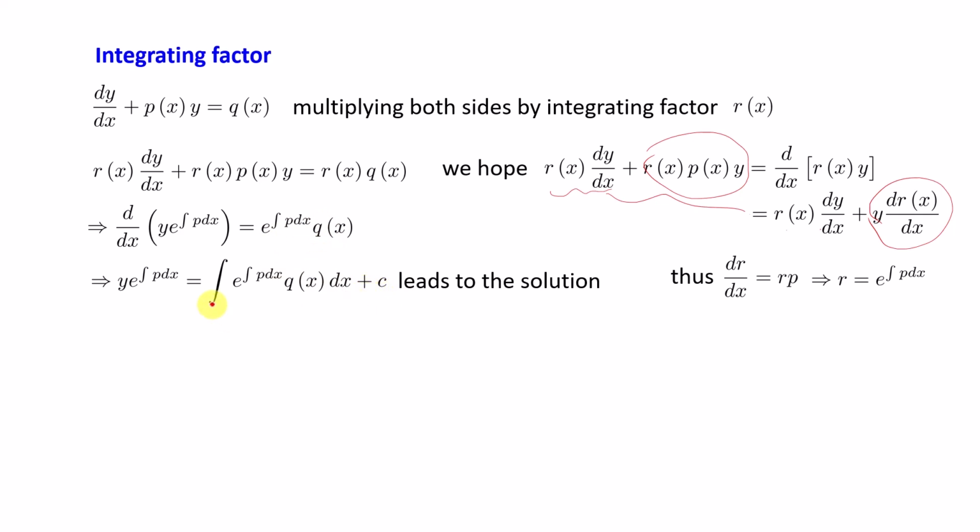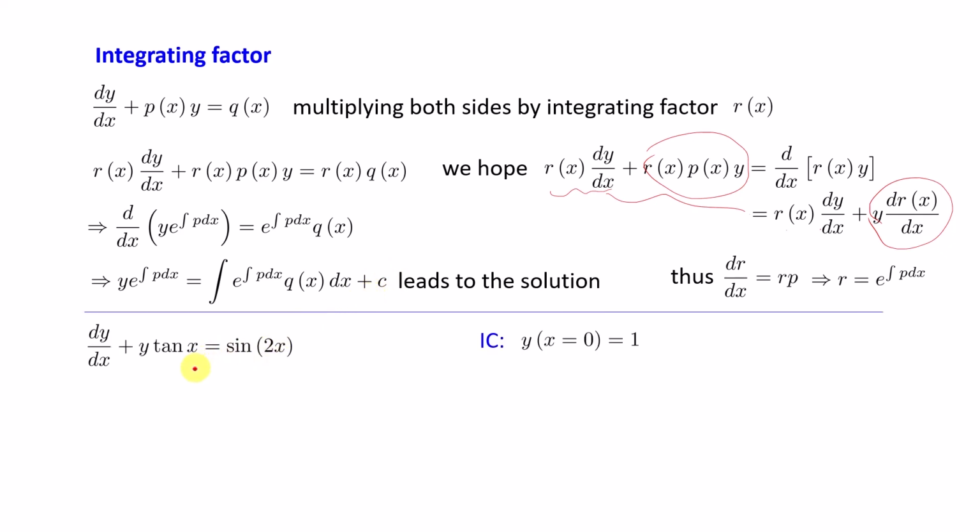Now I can evaluate this integral on the right side and apply the initial condition to get the c that will complete the solution. So let us take this equation, dy/dx plus y tan x is equal to sin 2x. Here the initial condition is x equals 0, y is 1. So here the integrating factor will be e to the power integral tan x dx,